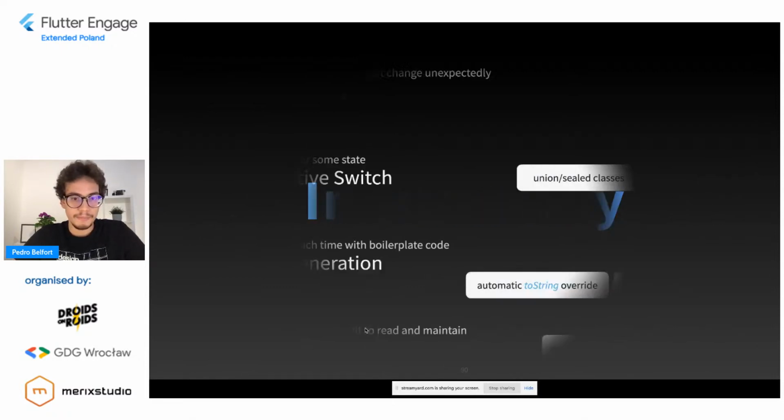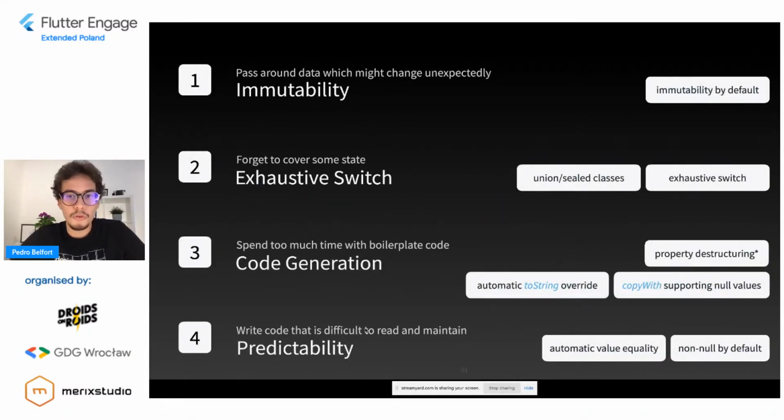Guys, in summary, for the first problem we talked about, you get immutability by default with freeze. So you never forget to cover any case, because with union and sealed classes, you get the exhaustive switch. You never have to spend too much time with boilerplate code anymore, because you get automatic toString override, you get the copyWith methods, and you get property destructuring for you.